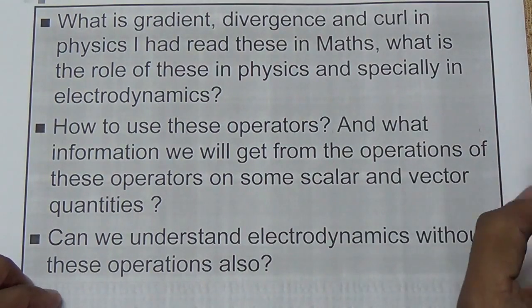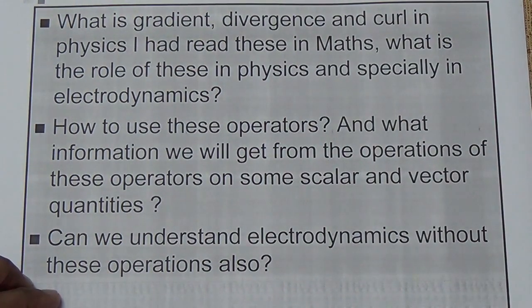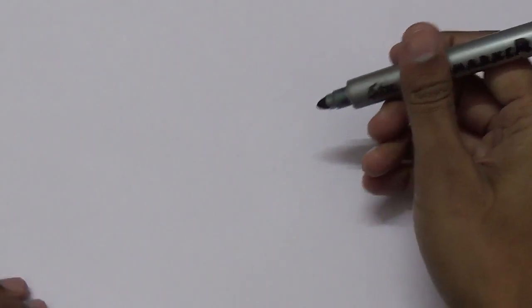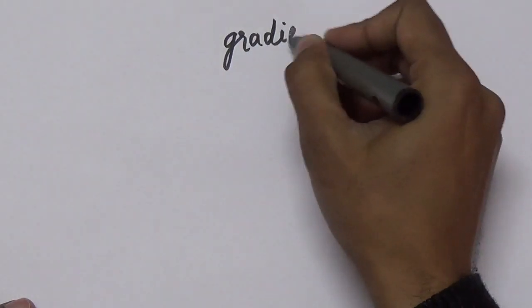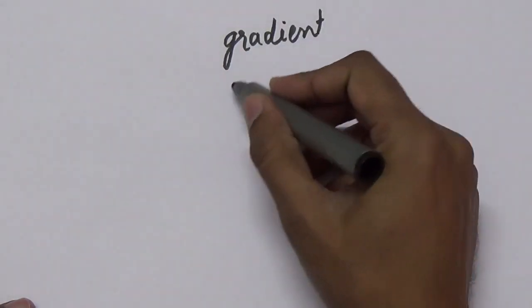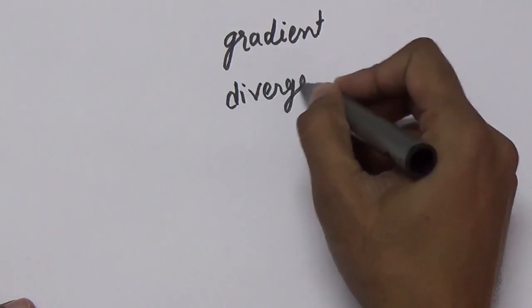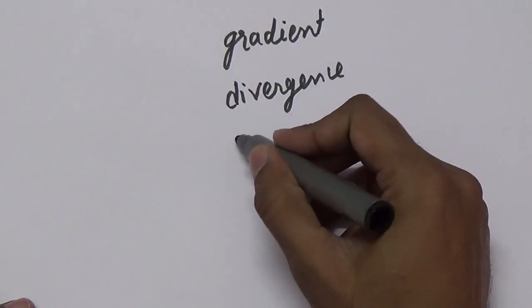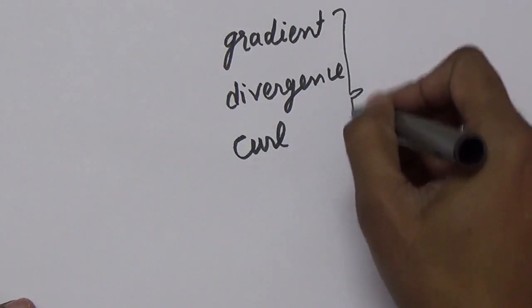One is the gradient, second is the divergence, third one is the curl. So the first mathematical operator which we have to use is the gradient. Second is the divergence, and third one is the curl. These are mathematical operators,